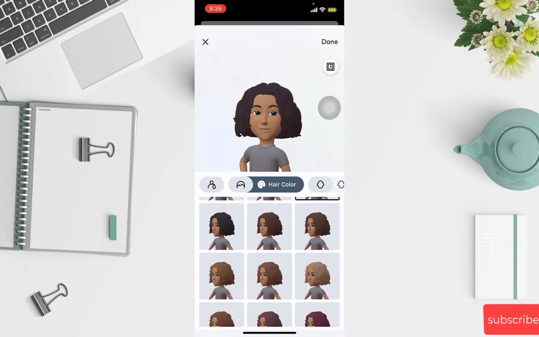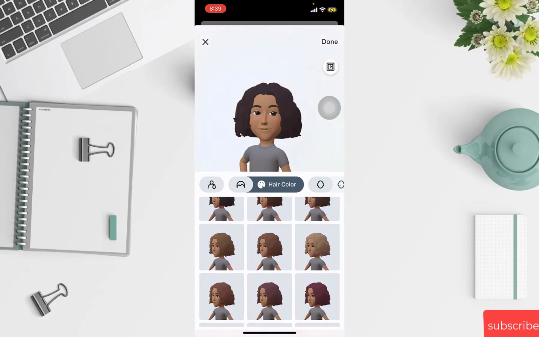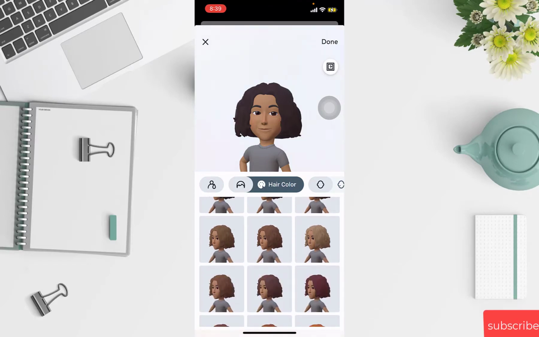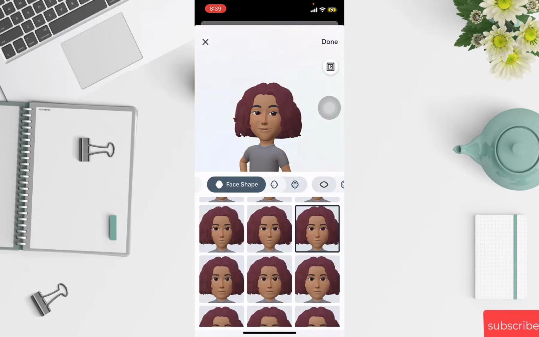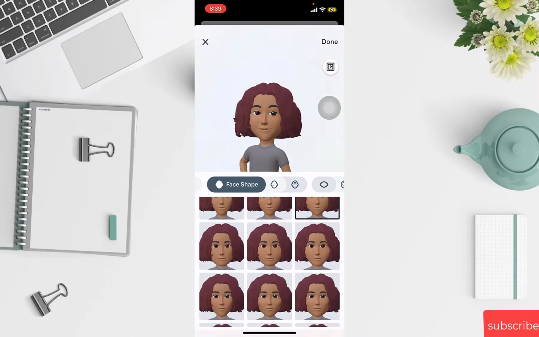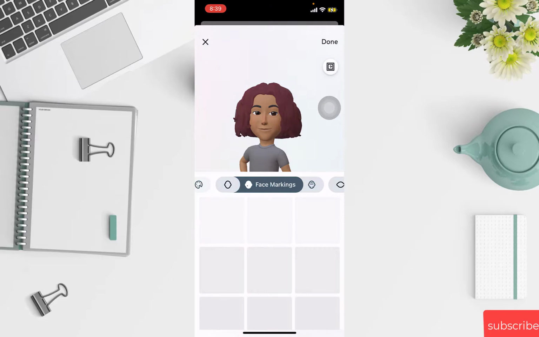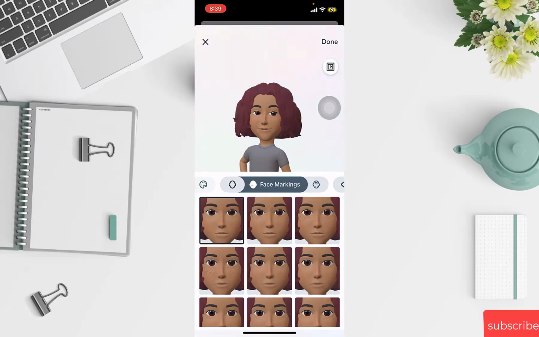I'll choose this maybe. So I'll go to face shape. I'll choose the shape. I will choose this. Then face marking,